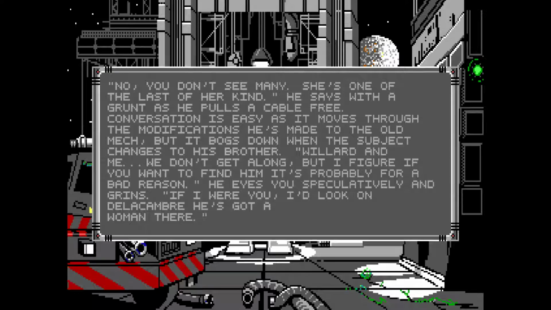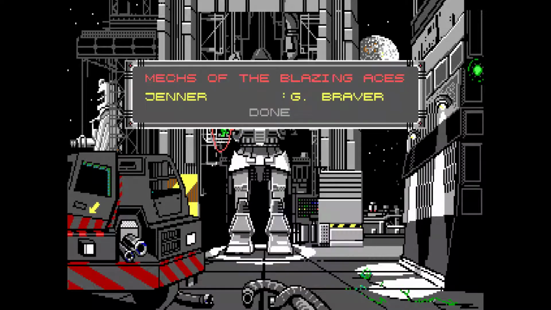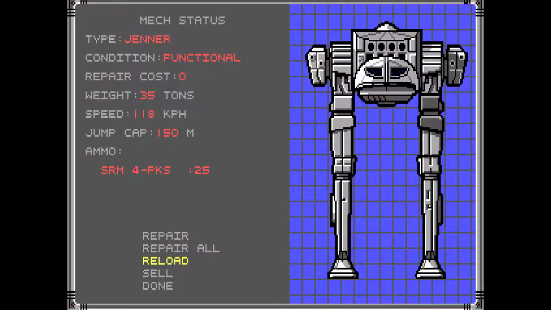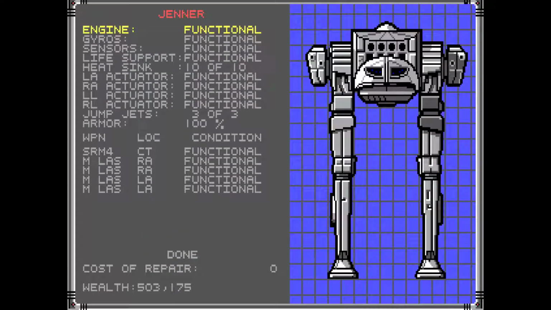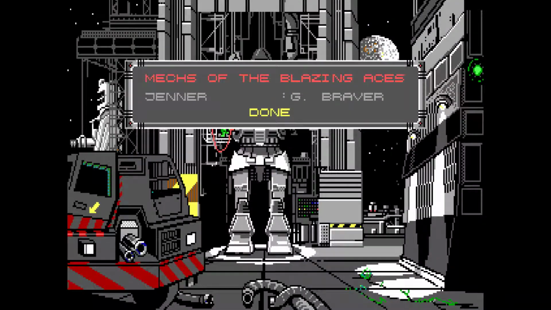Conversation is easy as it moves through the modifications he's made to the old mech, but it bogs down when the subject changes to his brother. "Willard and me, we don't get along, but I figure if you want to find him, it's probably for a bad reason." He eyes you speculatively and grins. "If I were you, I'd look on Delacambra. He's got a woman there." Okay. So our Jenner is fully repaired, yes? Yes, it is. We should probably consider actually doing some